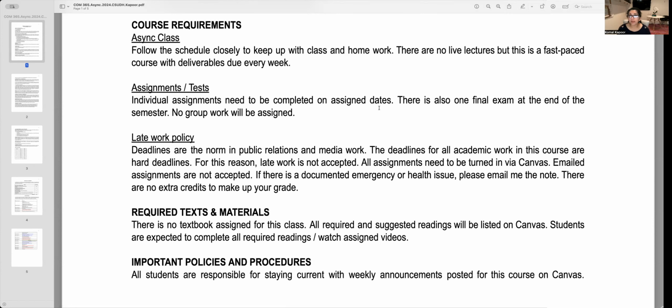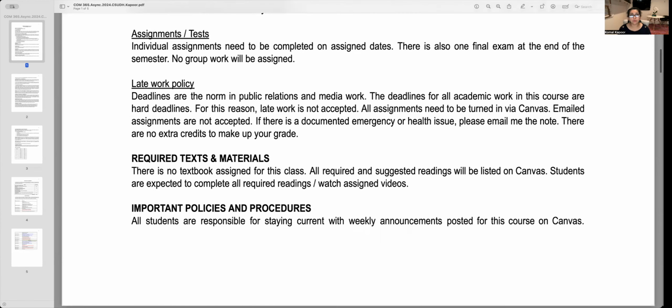But if you do work on it, that hard work is going to show. And I'm not a hard grader, but I would be disappointed if things are not submitted on assigned dates. And so I'm looking for you to keep up with the class. Lots of little assignments, as well as a final exam is what you should expect in this class.